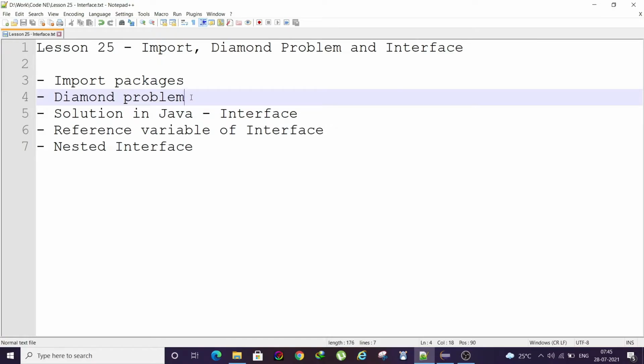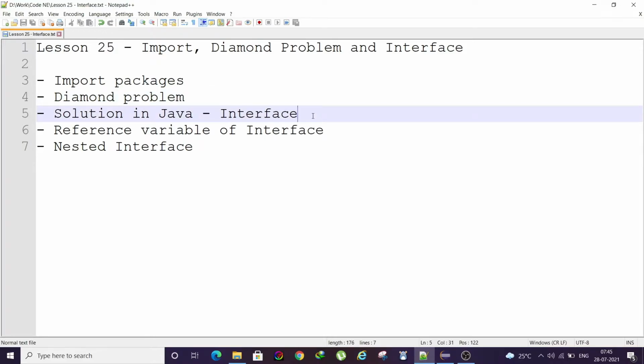So to avoid the daemon problem, Java does not support multiple inheritance. But Java provides us with a solution, that is interface.